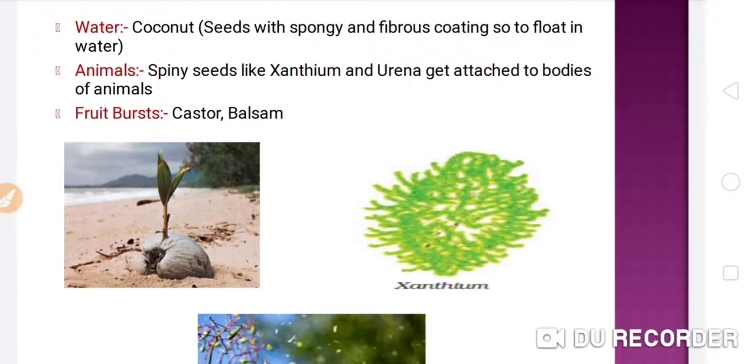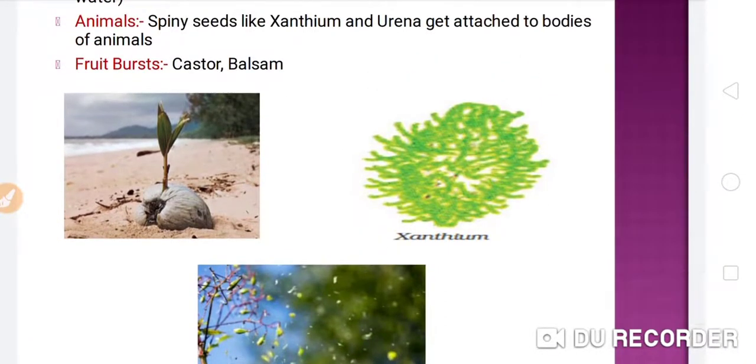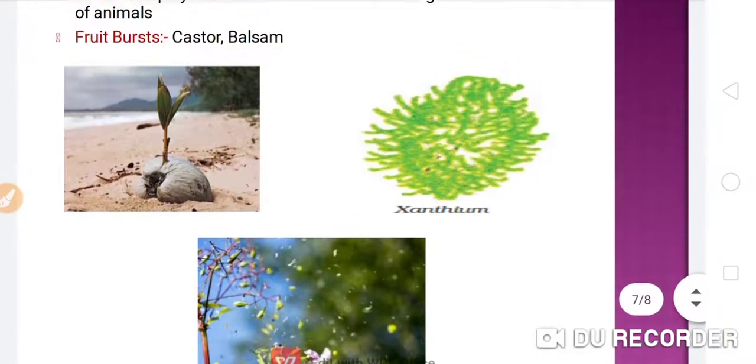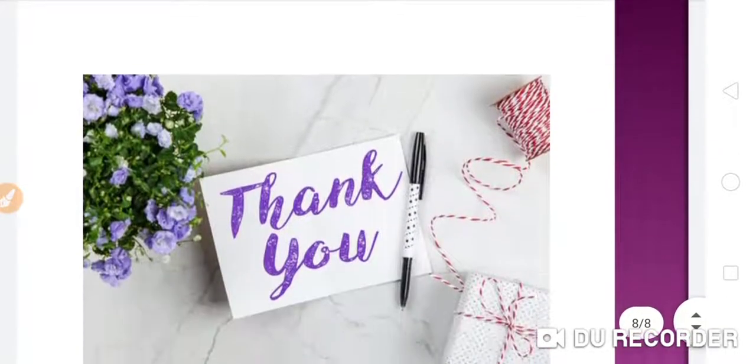Now fruit bursts, as in castor and balsam. Here the mature fruits burst and the seeds disperse. Here you can see balsam and castor. So I hope, students